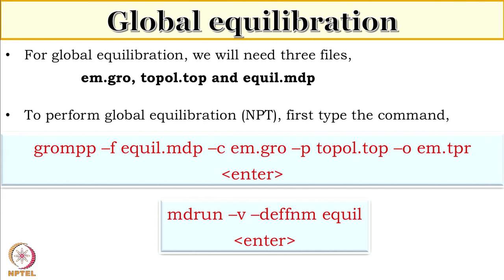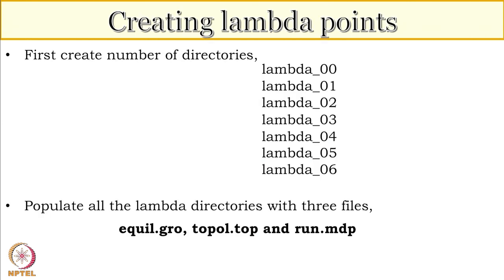Which are the files? I'll need the GRO file for my next step. After it is done, as you have already said earlier, we need to create a lambda point here. Lambda specifies the path between the A and B state. For our sake, we will create lambda points, say the first point will be 0, then we will have 0.1, 0.2, 0.3, 0.4, 0.5, 0.6 till 1.